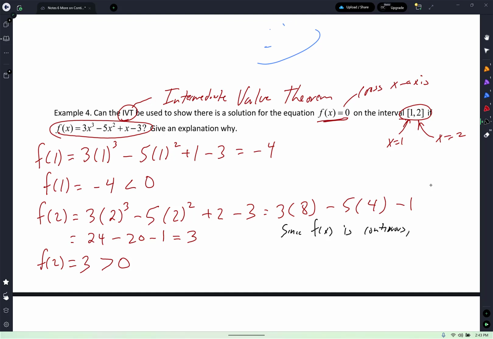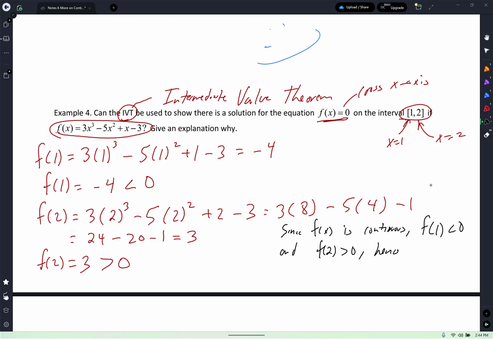Since f of x is continuous and, comma, let me see. Okay, all right. Too bad. It's not proper English, but we're going to be fine. F of 1 is negative and f of 2 is positive, comma, hence, comma, again, there must be an x